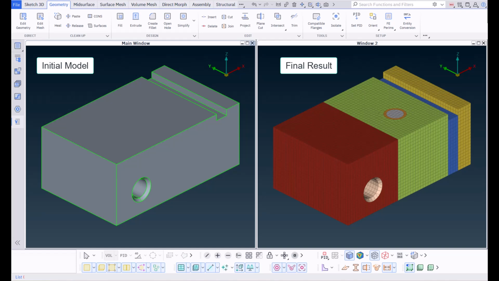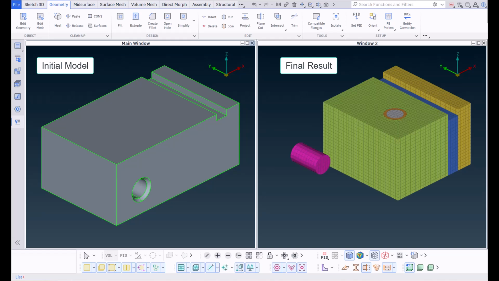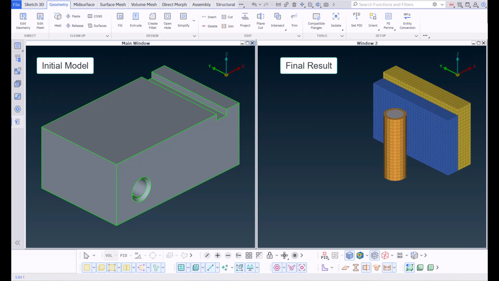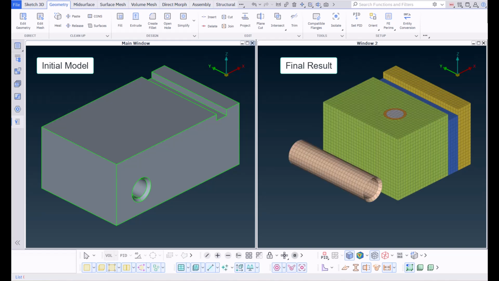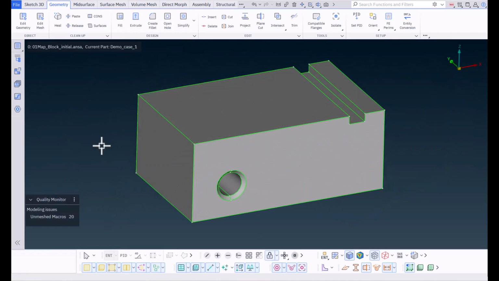We will demonstrate the subdivision of the main volume into smaller blocks for the Map Block to identify closed volumes and create the mesh. The subdivision is done automatically up to a point, but the user also intervenes. We will demonstrate how to generate a structured mesh on the previous model using the Map Block function.